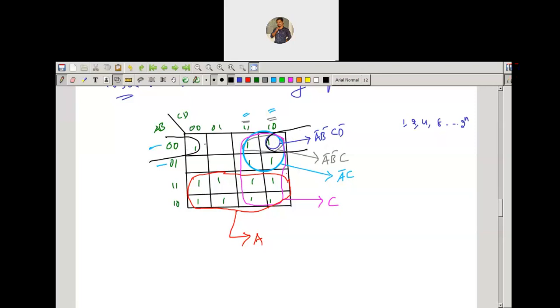But if you use the corner grouping, you can observe each corner is engaged with a min term. Every corner is engaged with one min term. So here you can use a corner grouping. By using the corner grouping, you can group the 4 cells here. Then you're going to get the minimal expression. So here I'm going to use the corner grouping.